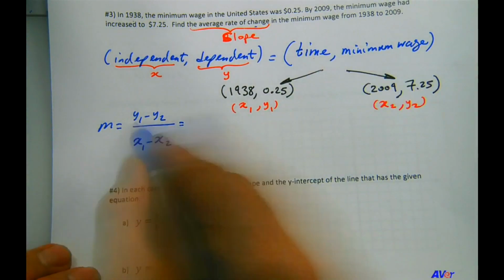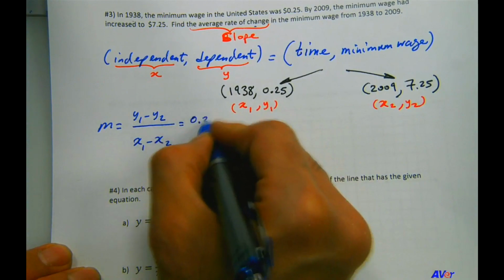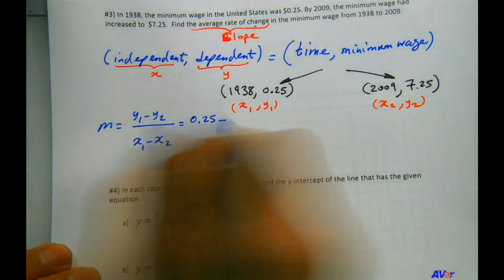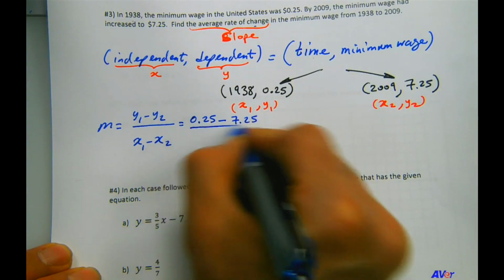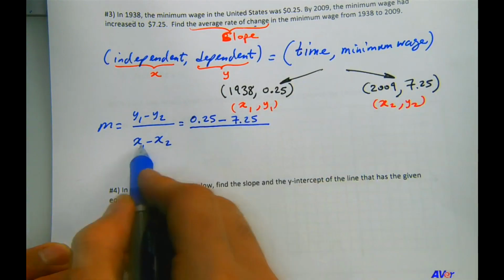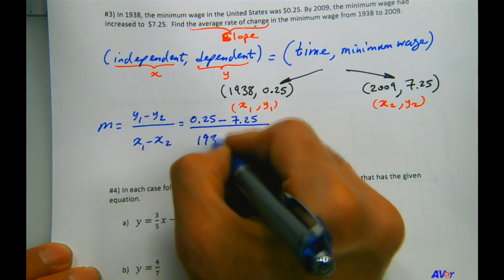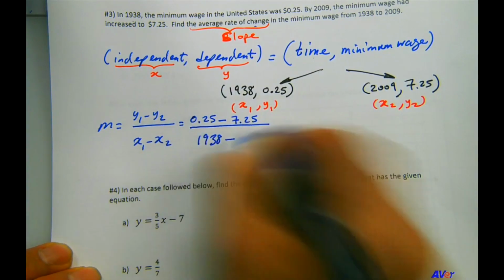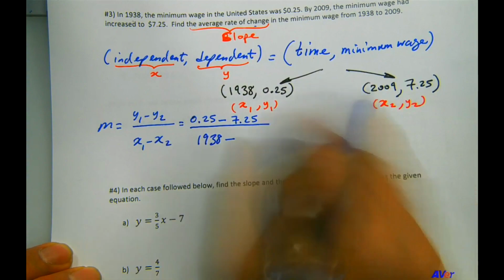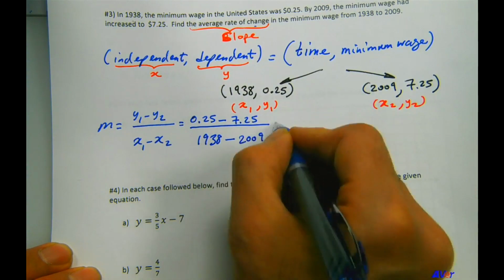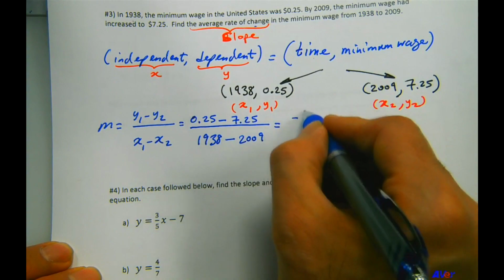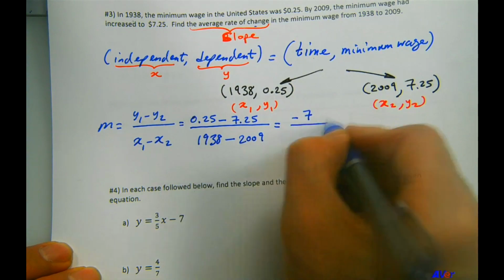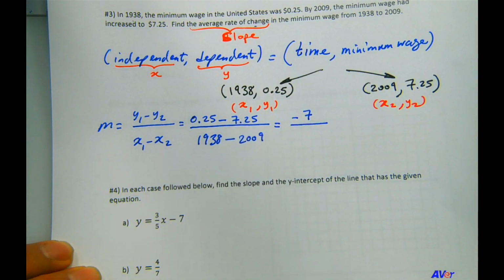So y1 is 0.25 minus y2, which is 7.25, divided by x1, which is 1938, minus 2009. Right? So the numerator is simply minus 7. Right? The denominator,